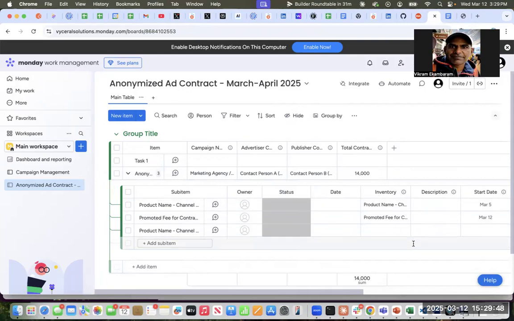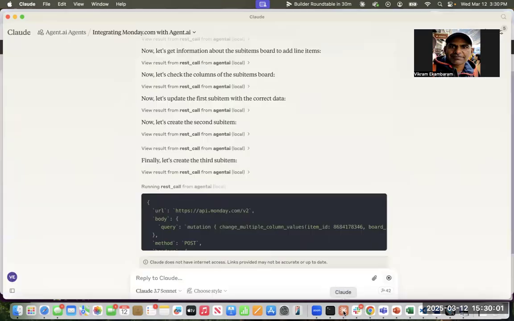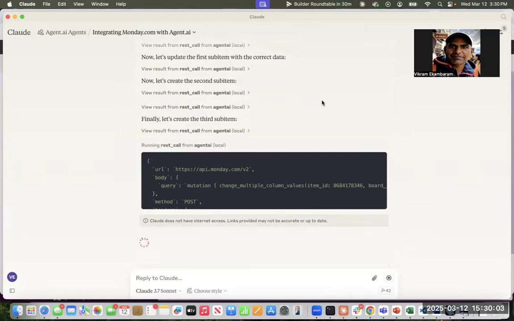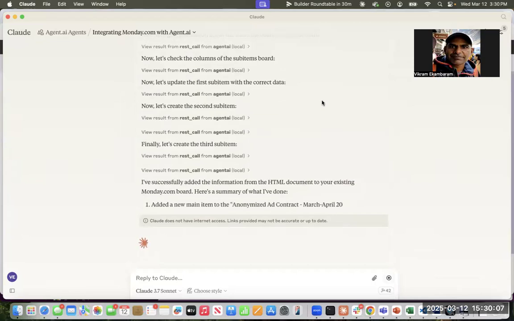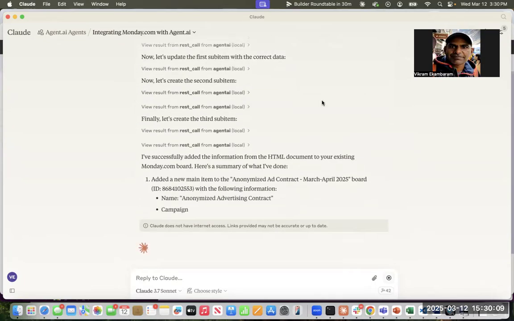And you noticed it created three items and it is in the process of filling out the last item. And that's an example of how I've now built an integration. And there we go, third item just came in. I hope you found this useful. And then once it's done, it's probably going to tell me that it was successful and yeah, successfully added the information. And so what you just saw is an integration